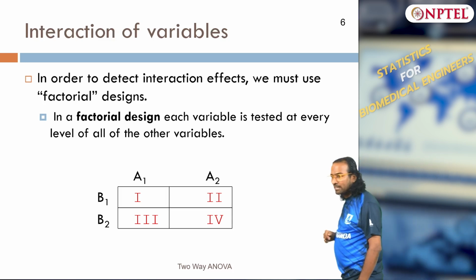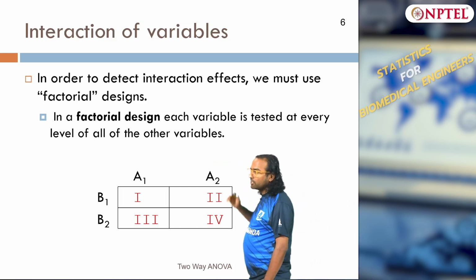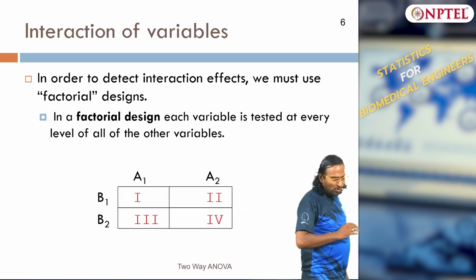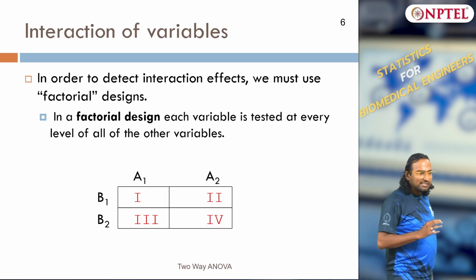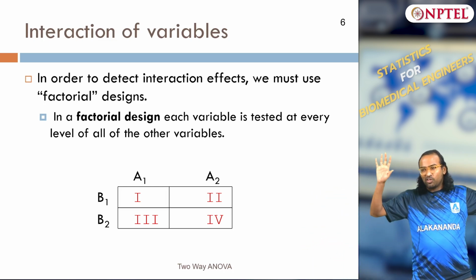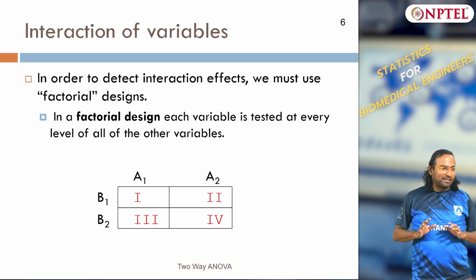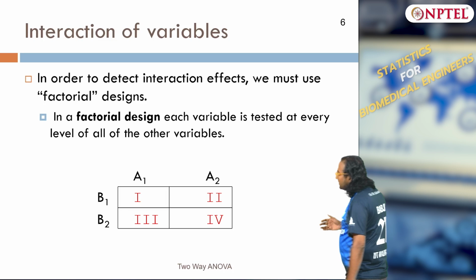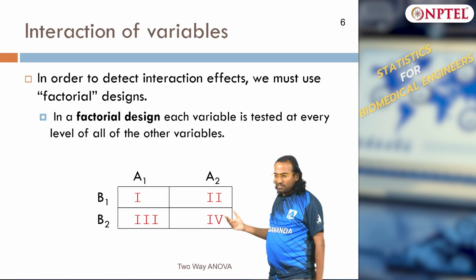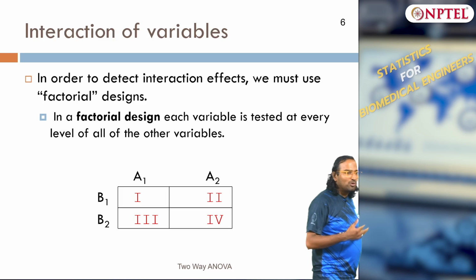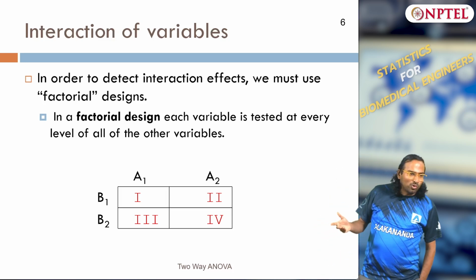information about interactions, you want to perform what is known as factorial designs. What a factorial design is, is simple: I will do a 2 cross 2, and it will scale up hugely when you talk about multiple factors. So 2 cross 2 is very simple, 2 factors at 2 levels, and people call it 2 power 2, 2 factors at 2 levels.